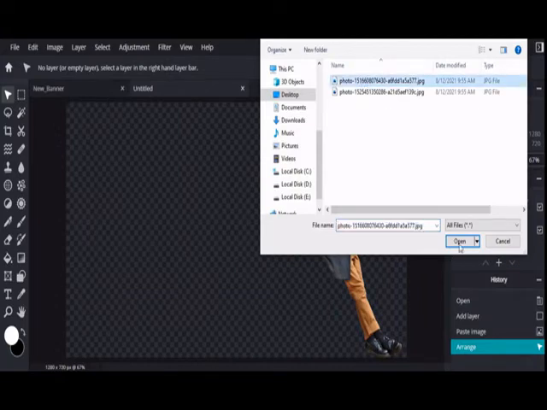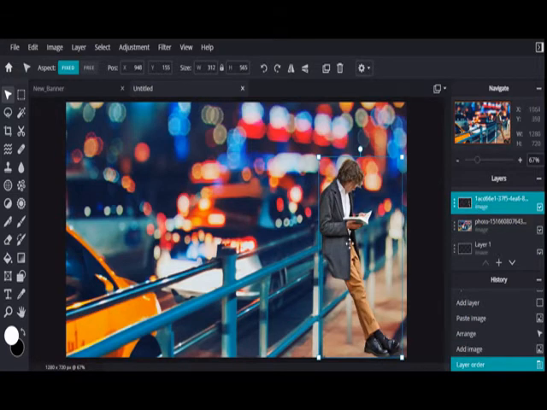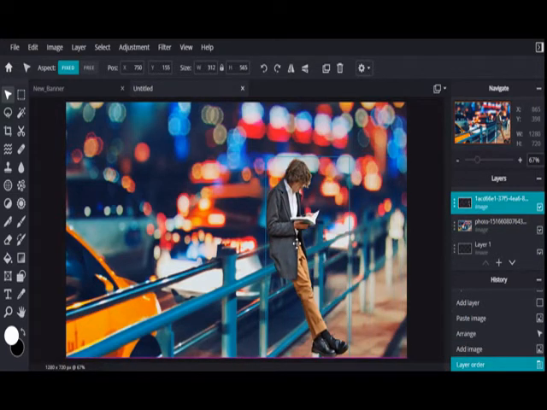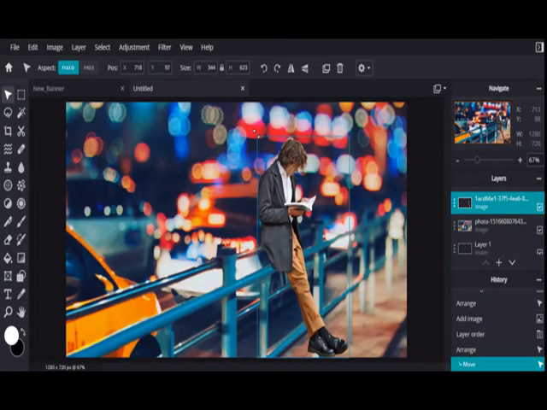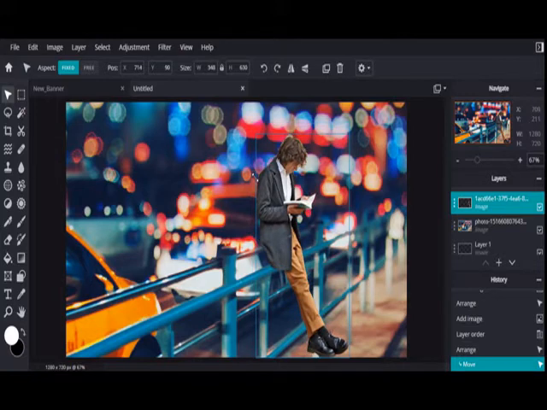Okay, so if you focus on the layers palette, which is on the right side of the screen, I have placed the background layer. You can move the layers up and down.